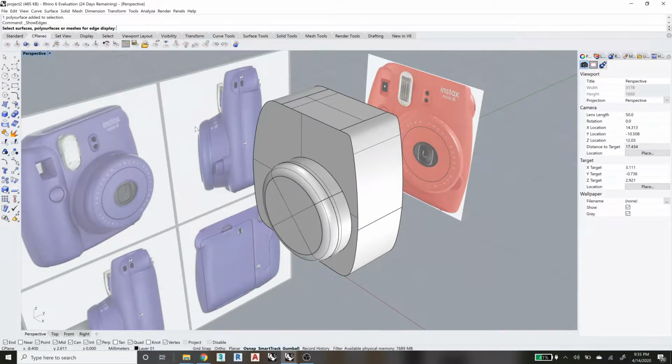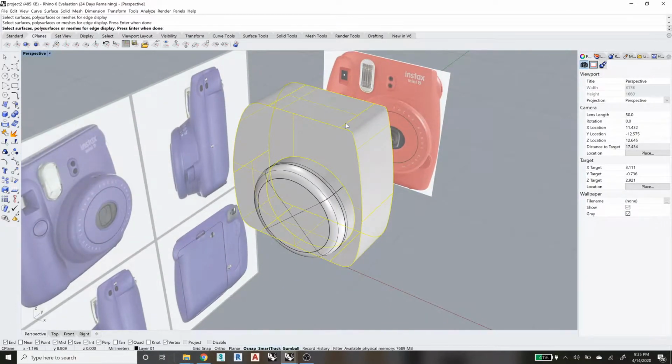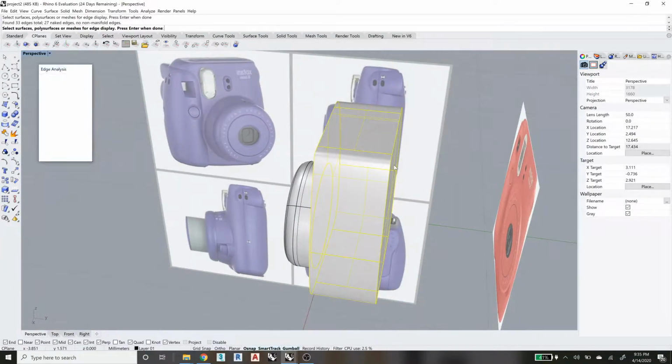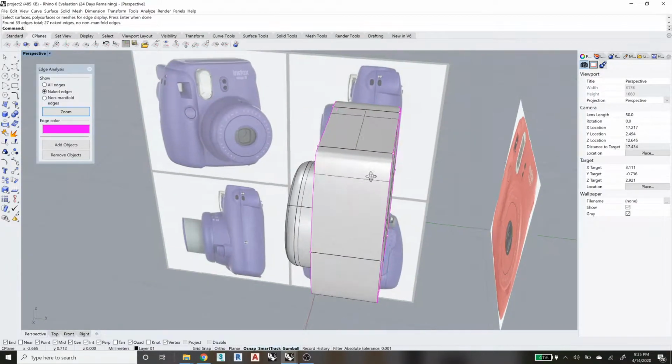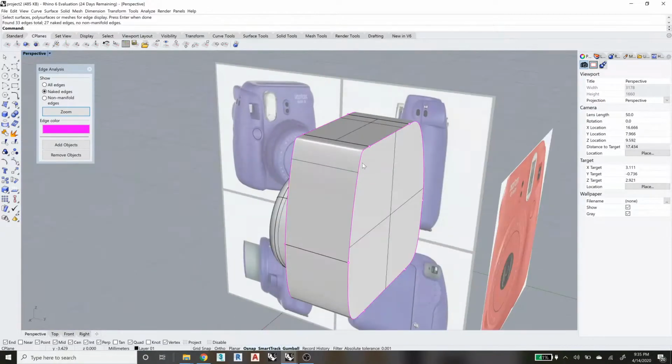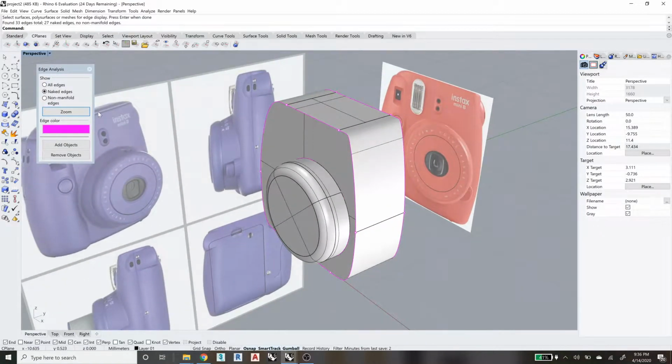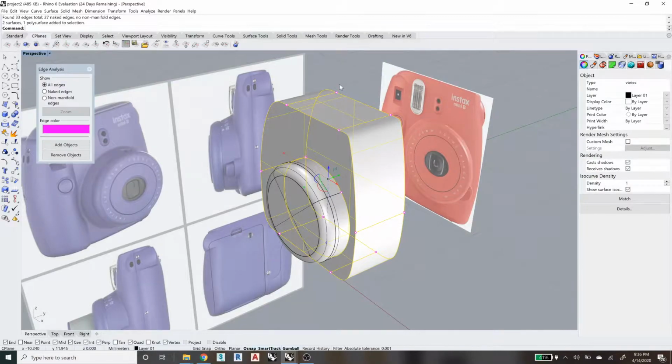and then click on this model here, and then hit enter. I selected all three of those elements and hit enter. And if I select all edges, I have 27 naked edges, and we want 0 out of 33, so that's really bad. So if I were to join these three pieces just by typing join, selecting them all,